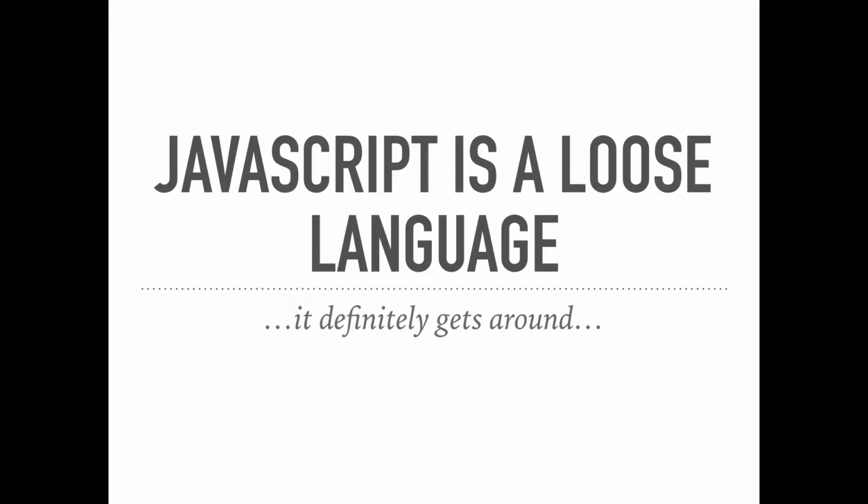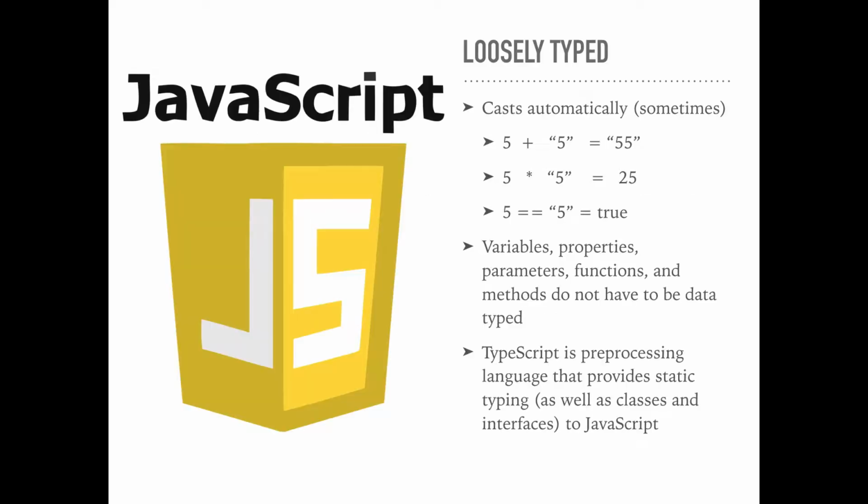JavaScript is a loose language. It definitely gets around, right? When I say loose like this, I mean loose as in it's not statically typed, right? Whereas Java is statically typed. C++ is statically typed. C, well, not C. C++, C Sharp, C, Objective-C, Swift even. Well, Swift's a little looser, but Swift as well. They're all statically typed. JavaScript is dynamically typed, which means JavaScript will attempt to figure out what you mean on